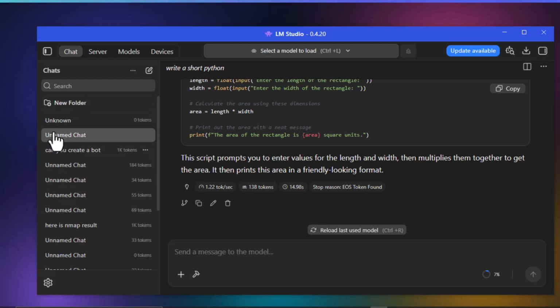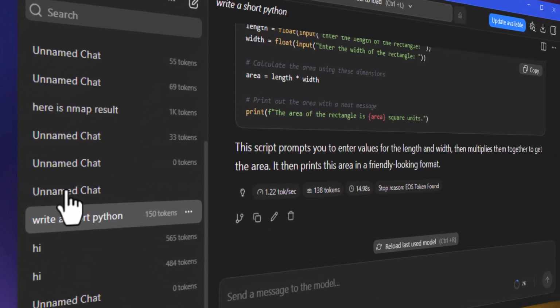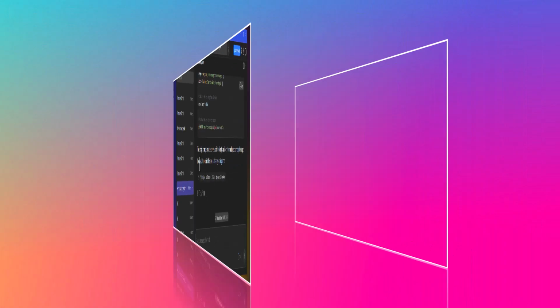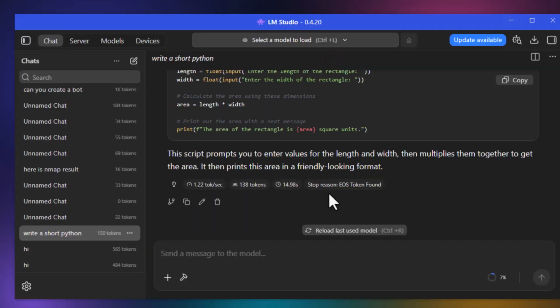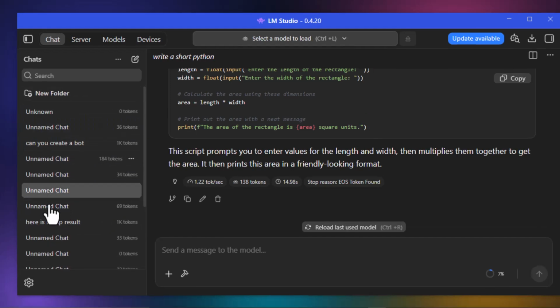Are your LM Studio chat threads getting cluttered with auto-generated titles that make it hard to find your research, code drafts, or specific prompts? Renaming your conversations is a simple way to keep your local AI workspace clean and organized. In this quick video, we will walk through how to easily rename any chat thread in LM Studio in just